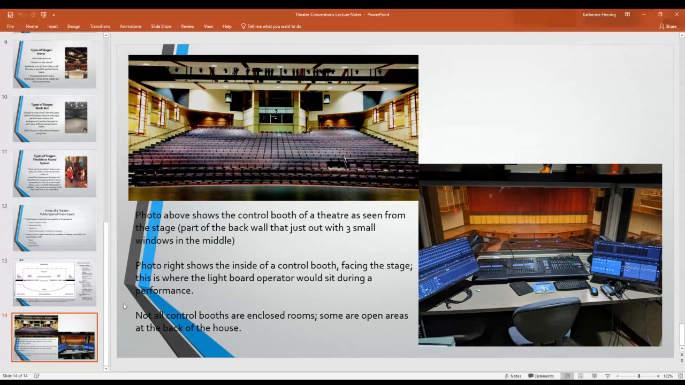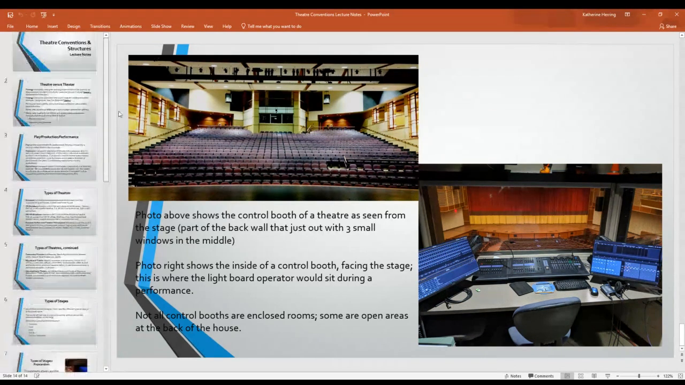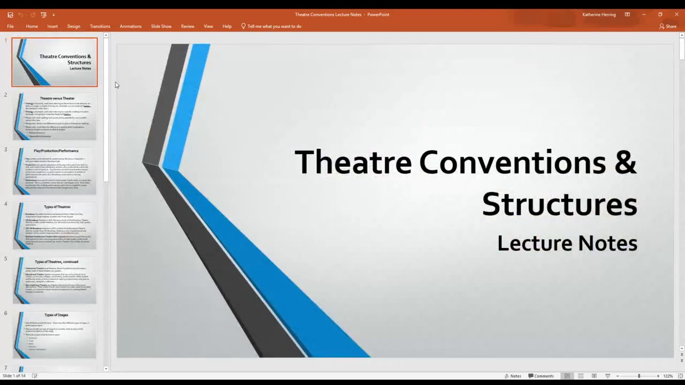So that takes us through an overview of some of the primary terms and vocabulary and structures and overall conventions of theater. And so hopefully that